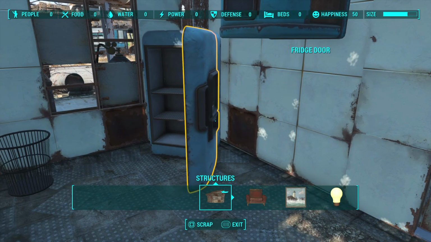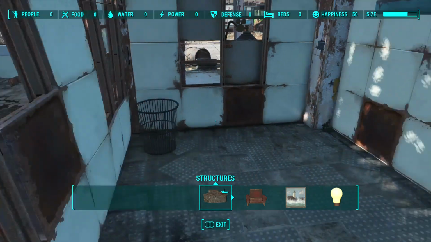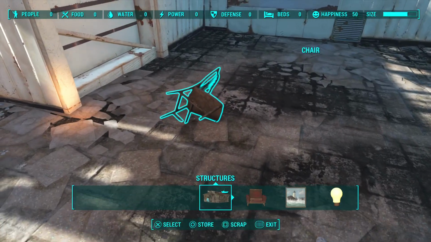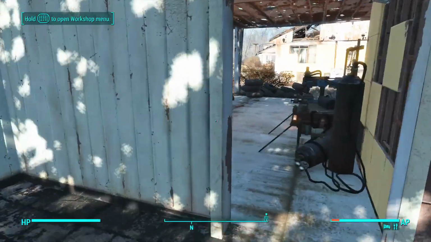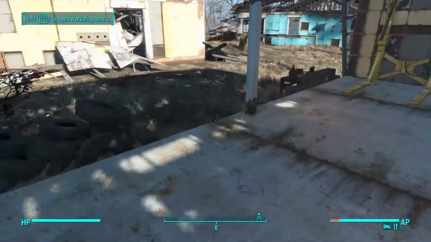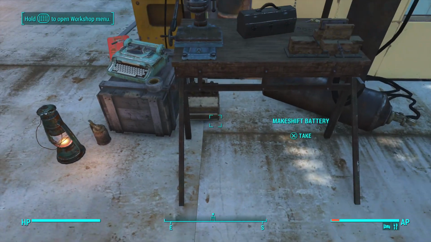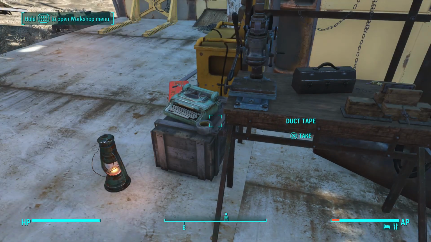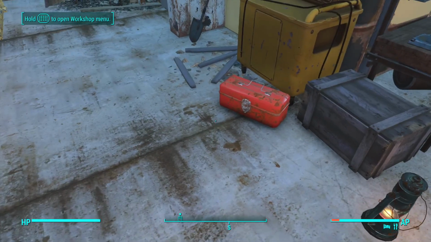Now, we're going to do the door separate from the fridge. Oh, did we miss this chair? Now here on the patio, some important things we want to grab are this battery, used oil can, duct tape, typewriter,